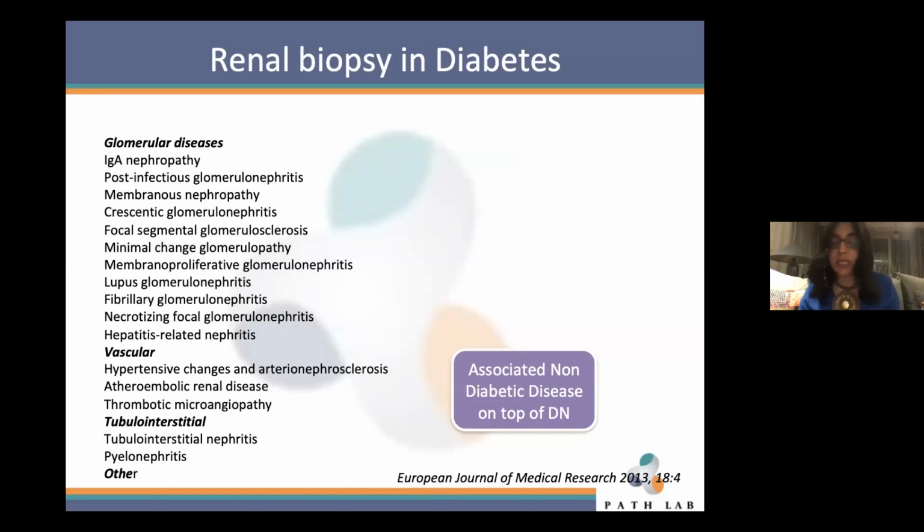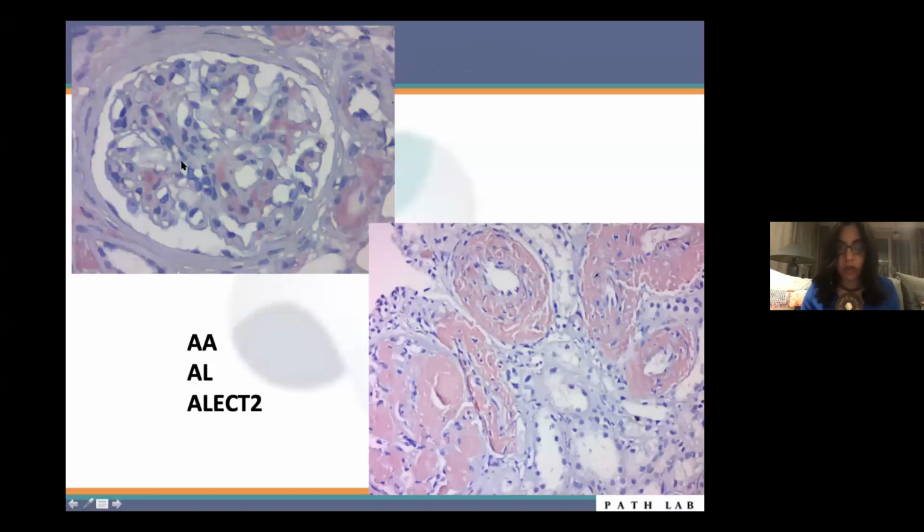So we don't have a specific set of glomerular diseases which occurs in diabetes. No. So a patient with diabetes is like a patient without diabetes. Both their kidneys are liable to develop any form of glomerulonephritis. What's the main difference? The main difference is that we also have the diabetes, the diabetic kidney disease, as a complicating factor. So they can develop amyloid, whether on top of diabetic glomerulosclerosis like in this patient,